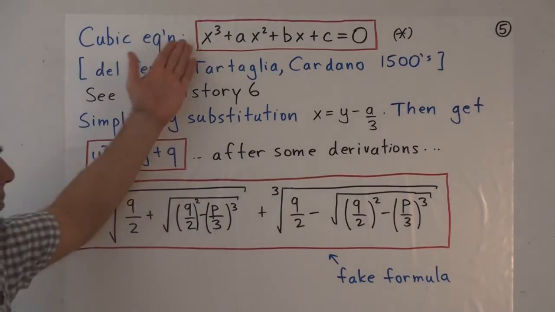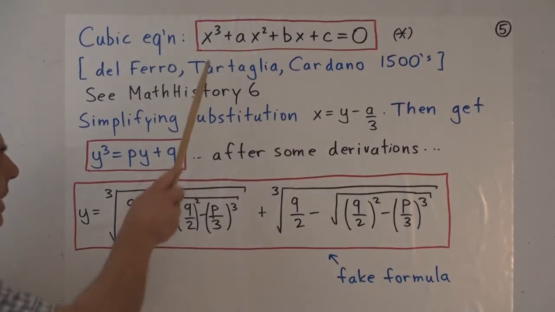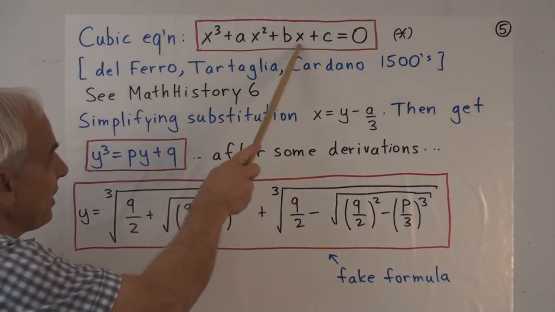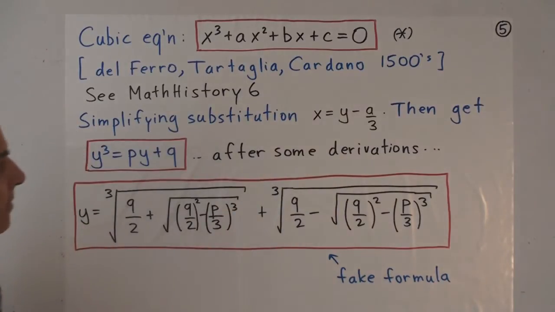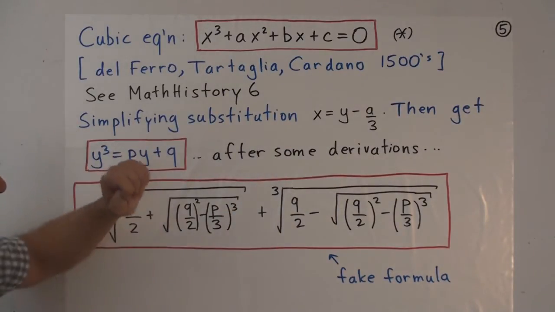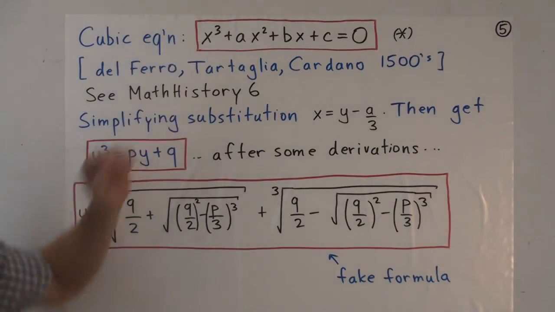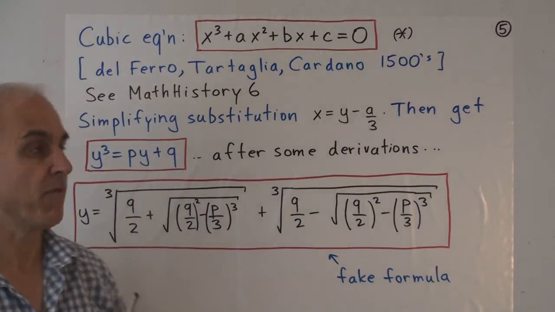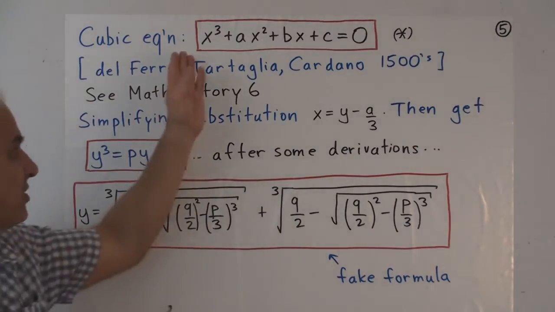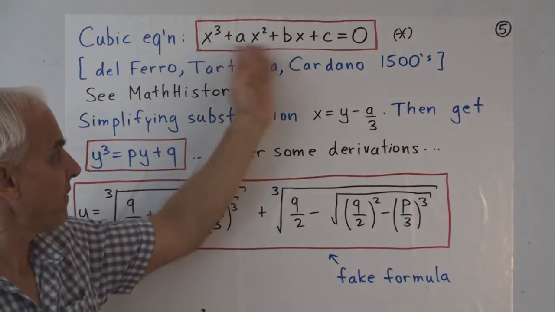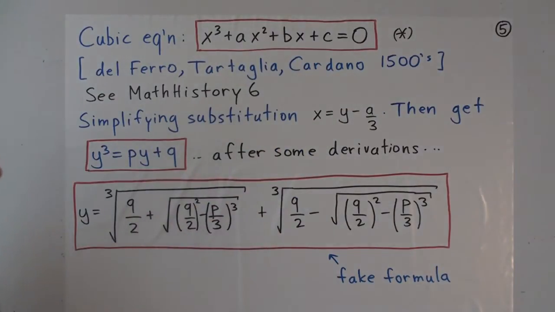Well, we're talking about a general cubic equation. Say x cubed plus ax squared plus bx plus c equals 0. Now you might say, well, this is not quite general because I don't have an arbitrary coefficient of x cubed, and that's quite correct. So what I've done is I've divided by that arbitrary coefficient, which is non-zero, just to simplify the formula so there are fewer coefficients around.